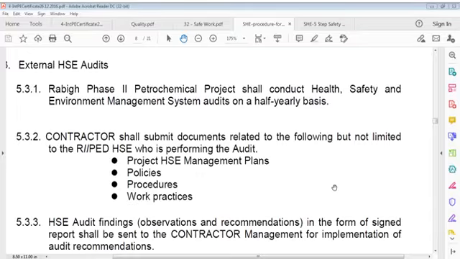To safety who is performing audit. Now, it is on a half-yearly basis. This external